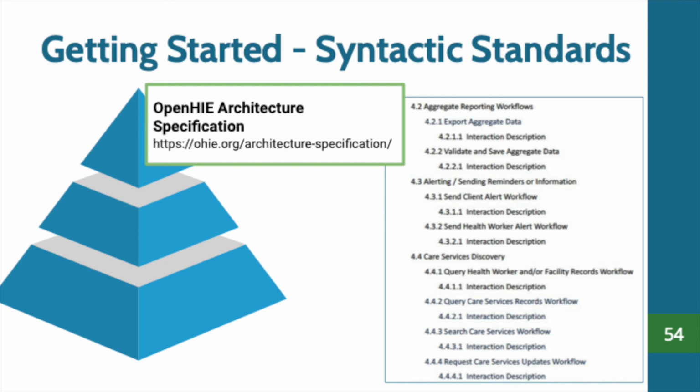What if you can't find what you need? So what if OpenHIE doesn't cover the data exchange that you're trying to implement? Please contact the OpenHIE architecture community via Discourse or via the OpenHIE wiki or any other method, and we will either help you find the applicable standard or work with the standards organizations to make sure that we define one.